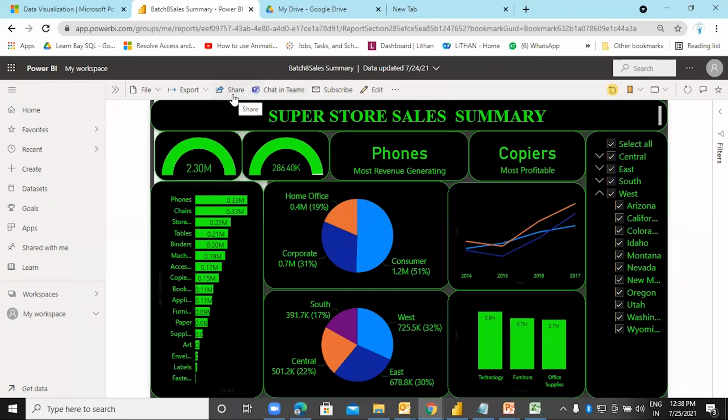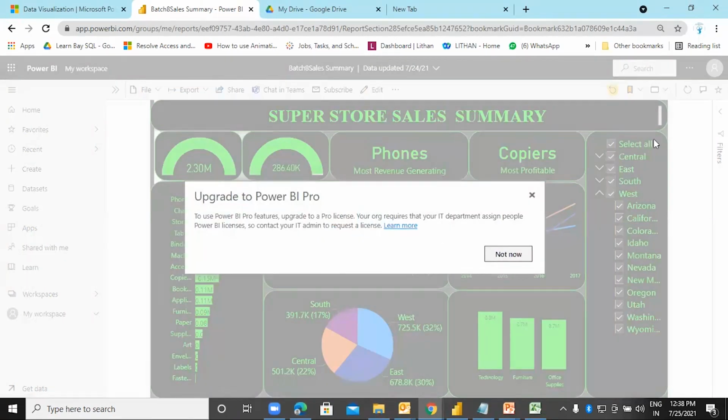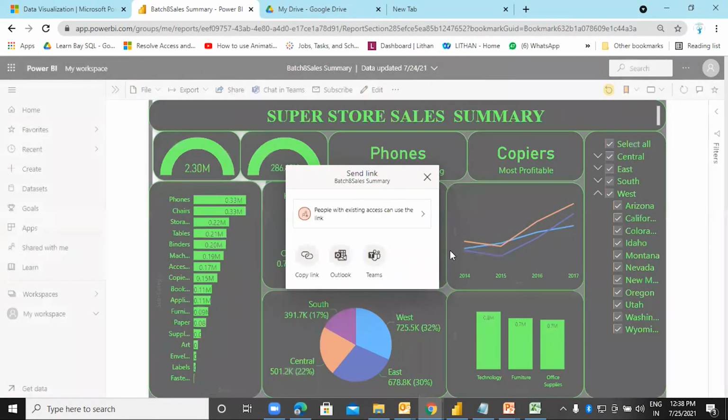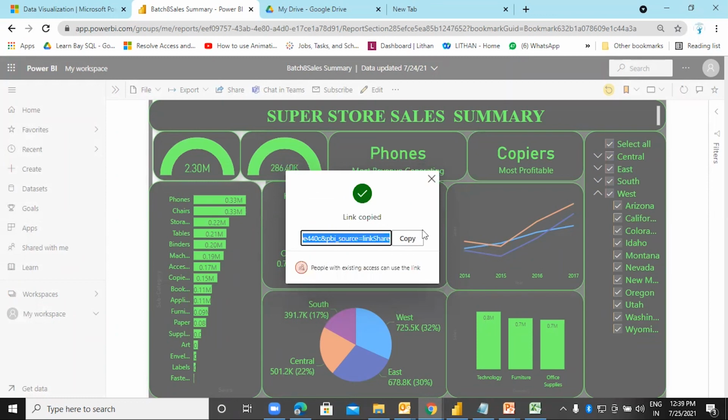Then you have an option of share. Here it is. How to share this report? People with the existing access can use the link. You can simply copy the link. Either you can provide the link, go to Outlook, or send it through Teams. So I can say copy link. Here is the link.